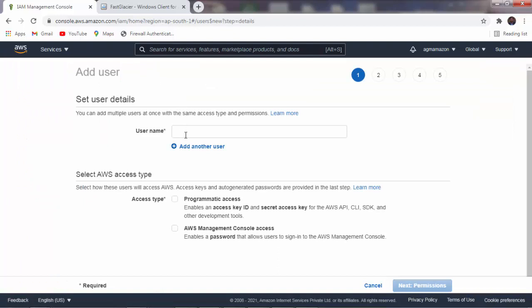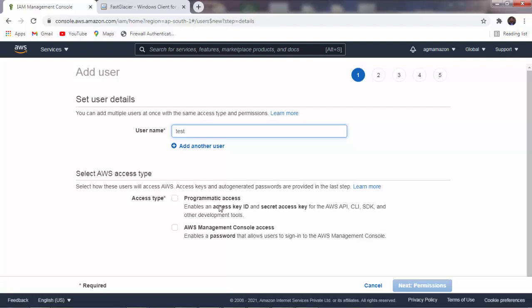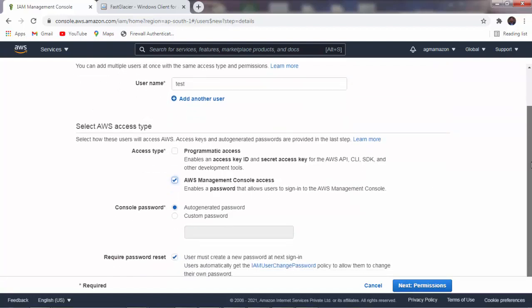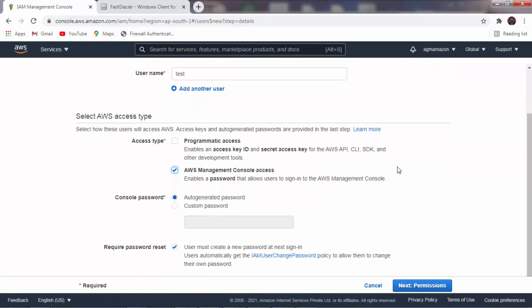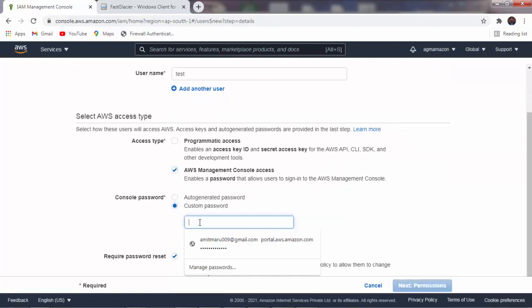Then you have to provide all the information. For example, username. So for example, the username is test, and then for access type we have two options. One is programmatic access, and the second one is AWS Management Console access. So I am selecting the second one, that is AWS Management Console. Then you have to provide a password. So you have to just select custom password and give a password.